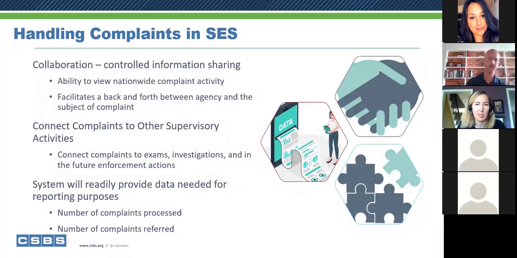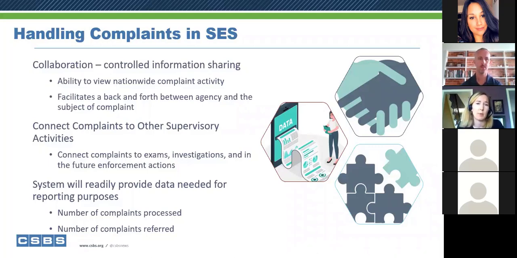But as Kyle mentioned, I wanted to talk to you all a little bit about our complaint system. The complaint system is built and accessed in SES, but it can really stand alone as its own system. A little bit later, there's a slide that will talk about the scope of the functionality, and we've already built quite a lot. We could easily spend a whole hour, maybe even more, just talking about complaints. But for this slide specifically, I wanted to talk to you all about some of the key features and some of the key concepts that we have in the complaint system.